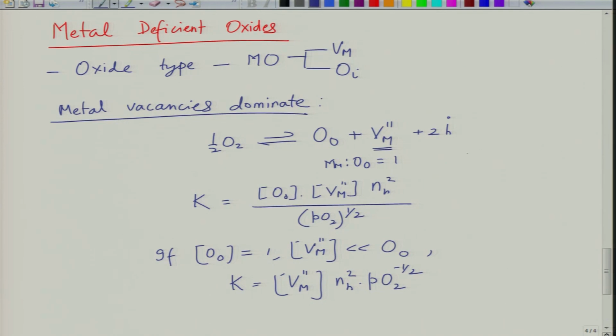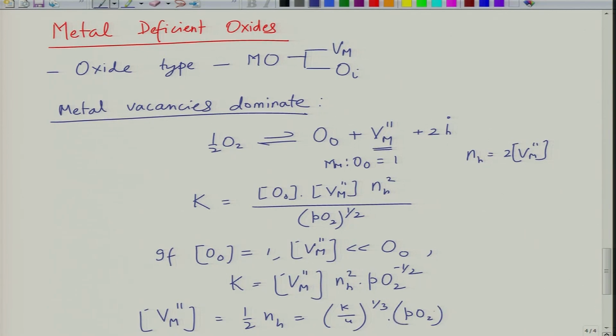The electrical neutrality condition says that NH is equal to twice of Vm. You create two holes for every metal vacancy, and as a result you can now substitute this to calculate Vm, which is equal to half of NH. This will become equal to K divided by 4 to the power 1 by 3 into PO2 to the power 1 over 6. So, in this case you can see that